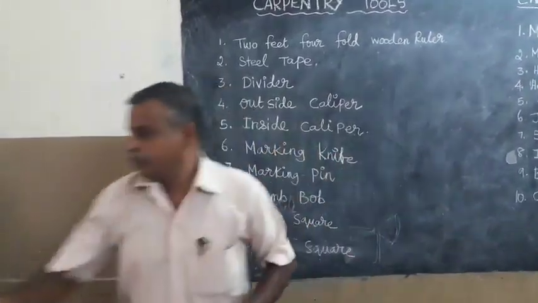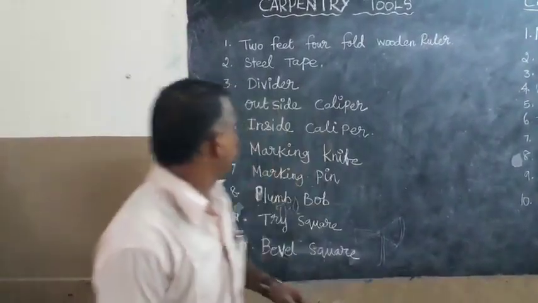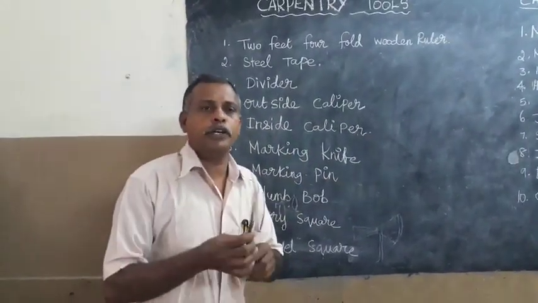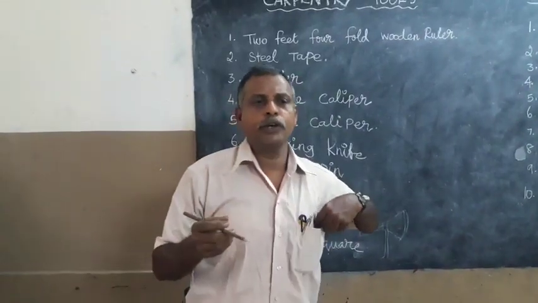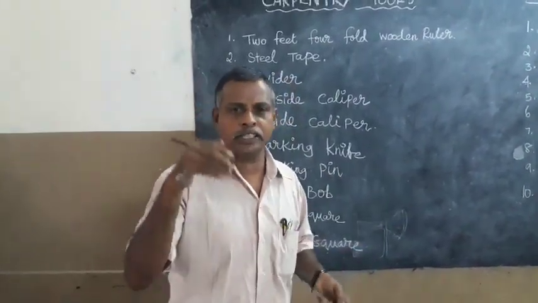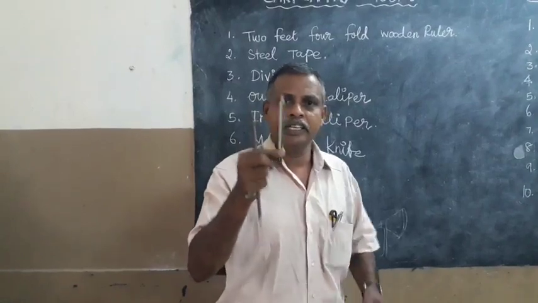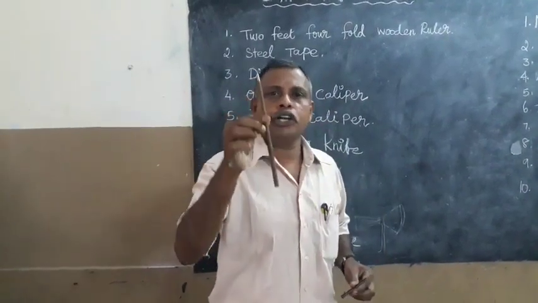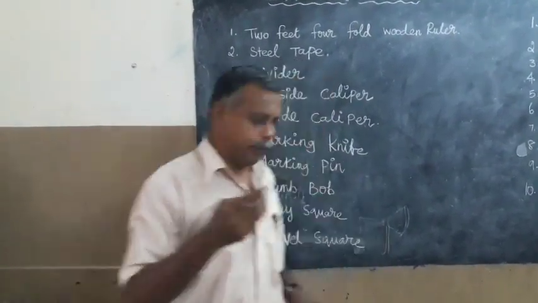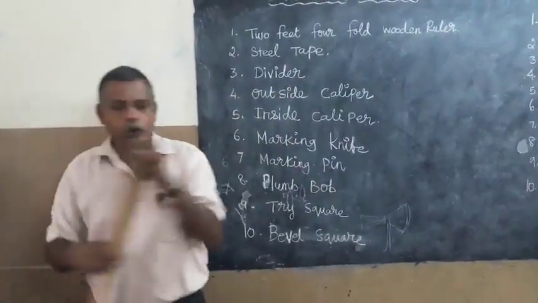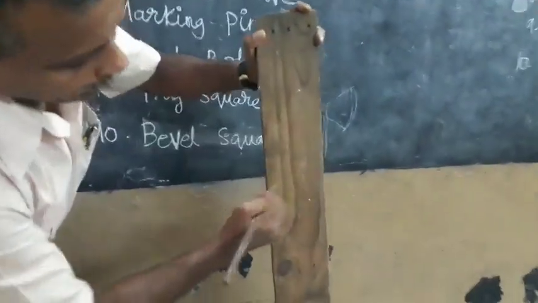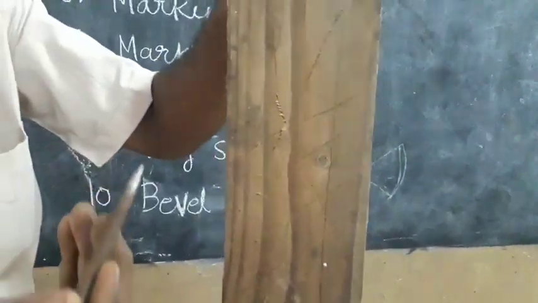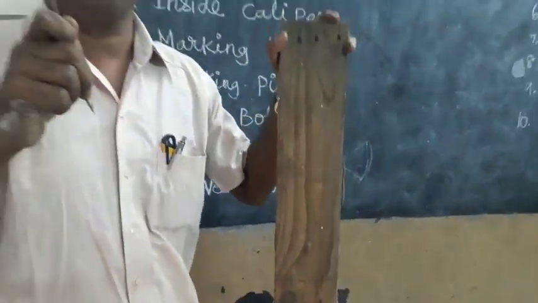Next, the marking pin. You use the marking pin for marking wood. You use it on wood only. You already know you use a pencil; here it is different, you use the marking pin. Only with the marking pin you draw on wood. You see here, the marking comes easily. You see, a very deep marking also comes. That is why you use the marking pin.